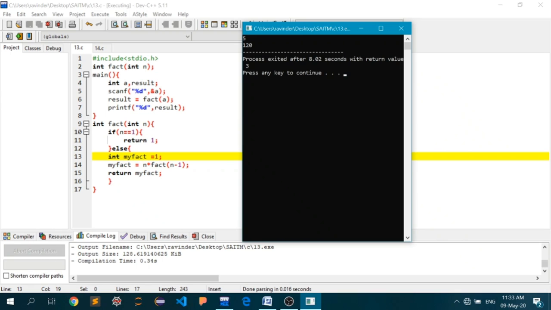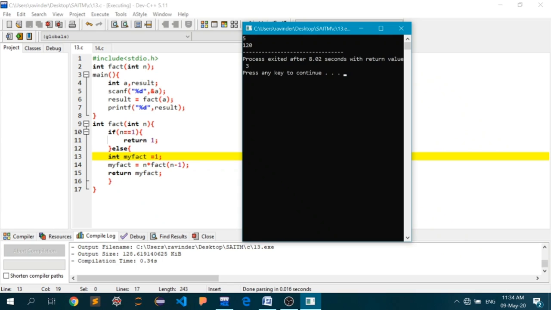Okay, so if we see this particular example, n will be passed here and n is actually not equal to 1, so we'll get outside of this if conditional statement. I will go inside this else block, and inside the else block my fact will be created and the value assigned will be 1.